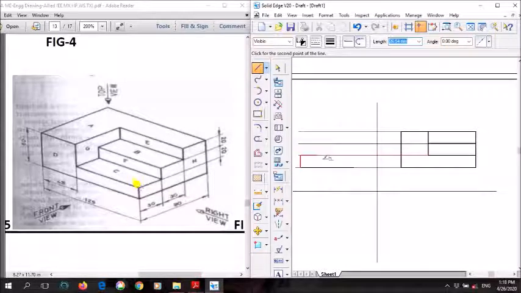Next, now I am at this point, you can see on the left side of the screen. So I need to draw from here to here. So what is this distance? They have given how much it is, 30 mm. So using thick line again, draw to the right side 30 mm.